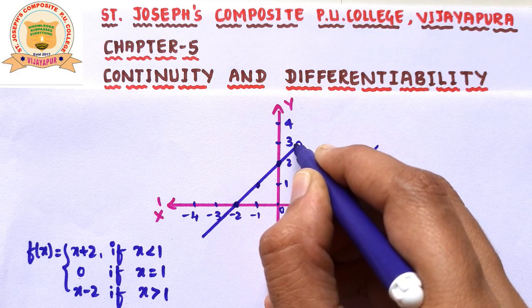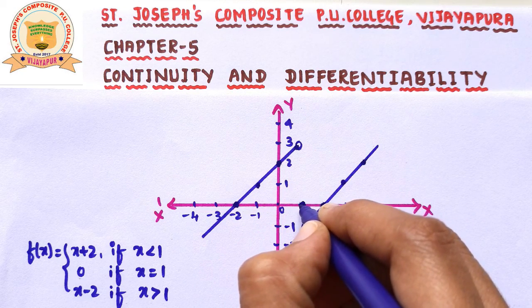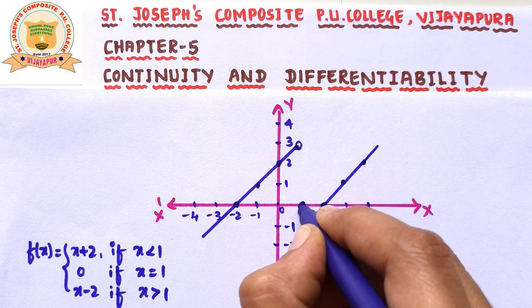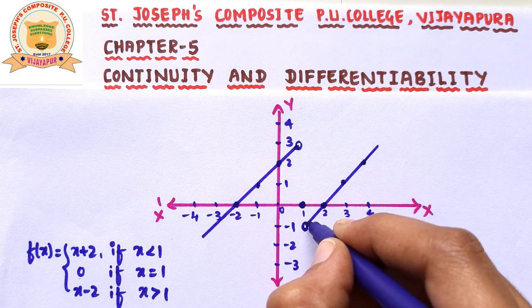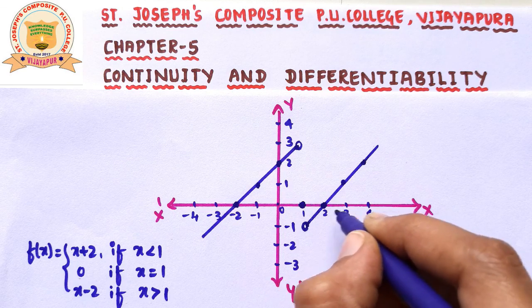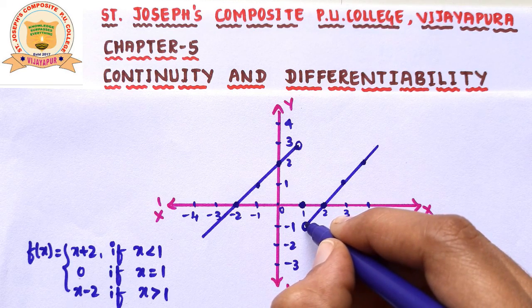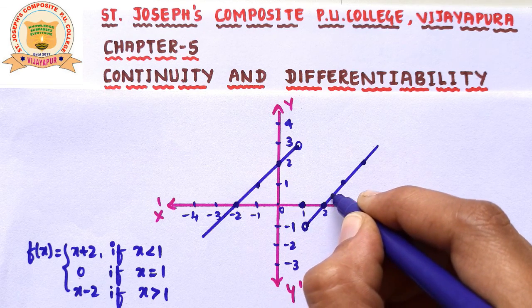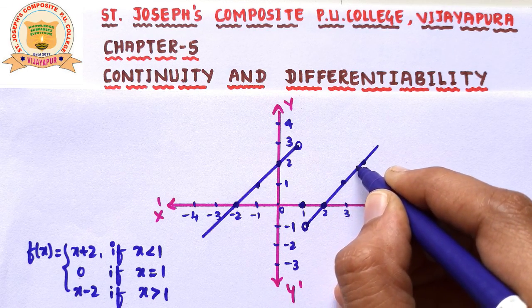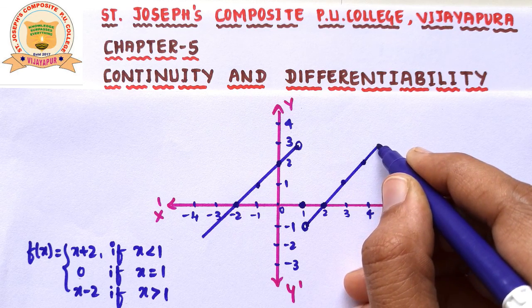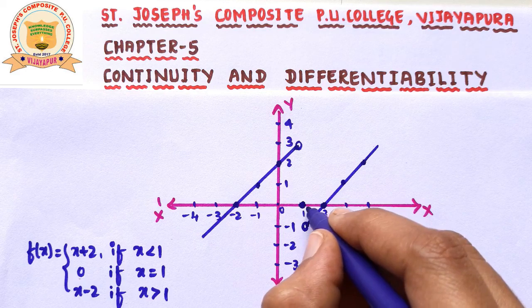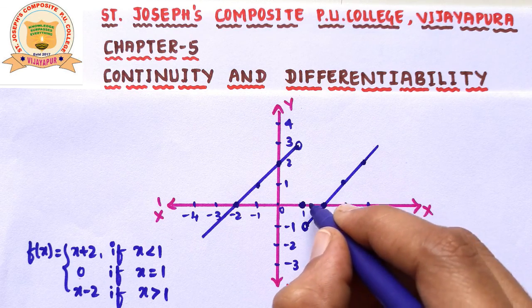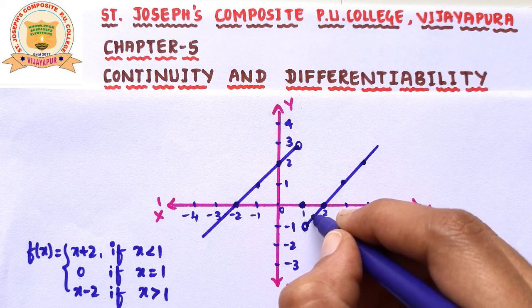But at exactly x is equal to 1, we have to lift the hand and mark the point here. Again we have to lift the hand to continue the graph. For greater than 1, the function values are like this. Therefore, we have to draw the graph like this. Again for greater than 1, the graph is continuous, because without lifting hand we can draw the graph after 1. For 2, 3, 4, for all these points the graph is continuous.